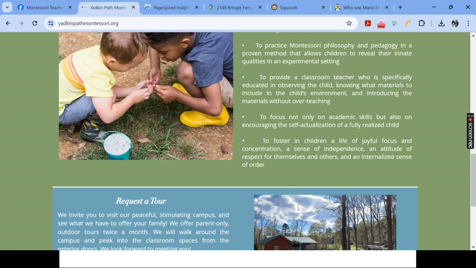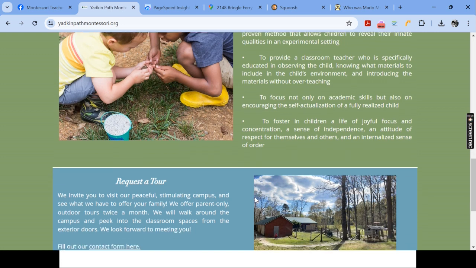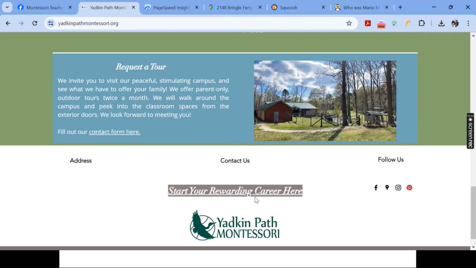And again, you keep going, and I'm already scrolled down a lot, and now I'm just looking for the request a tour thing. I get down here, and the first thing that pops out to me is start your rewarding career here. Contact form here, I might not even see because it doesn't even say request a tour. It says it up here, but then I have to look for the contact link. So having that